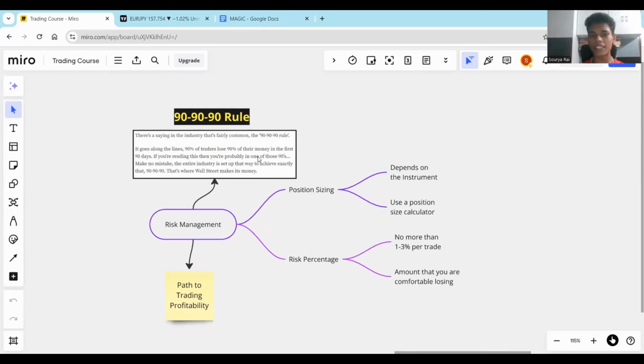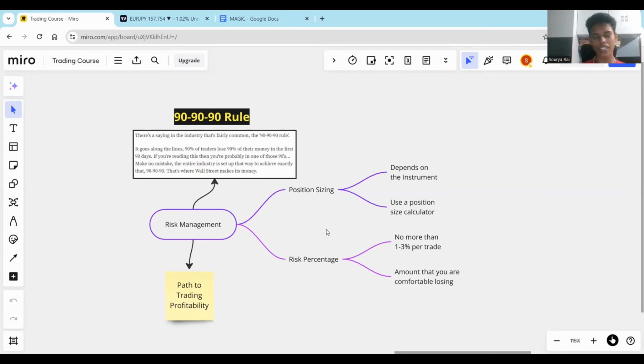Even with the worst strategy ever created, if you manage your risk properly, it's impossible for you to blow an entire account in 90 days. That is why I say that risk management is your path to trading profitability. But the question is, if it is so easy to stand out from the crowd, then why do 90% of traders keep losing? Well, this is something we will discuss in the psychology part, but getting back to risk management,